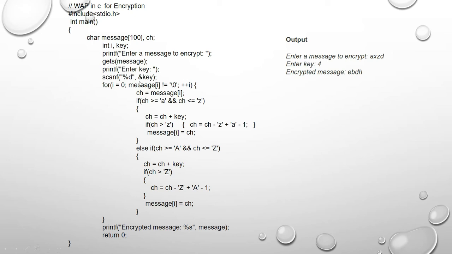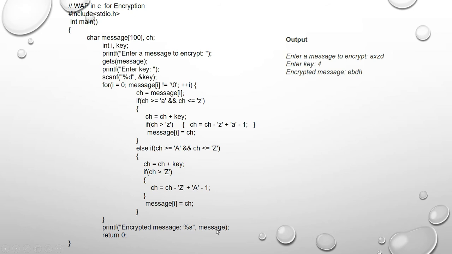See here, as per this, the gets message is there, meaning you are entering this value, and here as per this process, we are passing in this statement message[i] is equal to ch, meaning whatever encryption value is coming in your ch variable is passed to the message of i location, meaning 0, 1, 2, 3, in such a manner. Here also the same logic is there if your choice is between capital A to Z or small a to z. Clear? Then after that we are printing it with %s as per string format, and the same message variable we are printing.